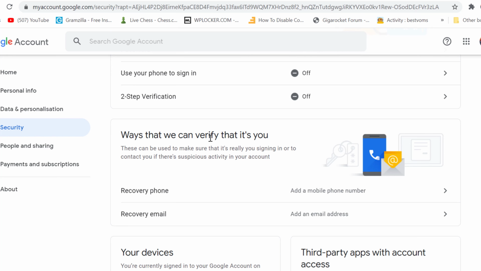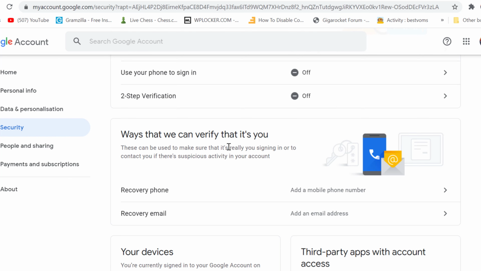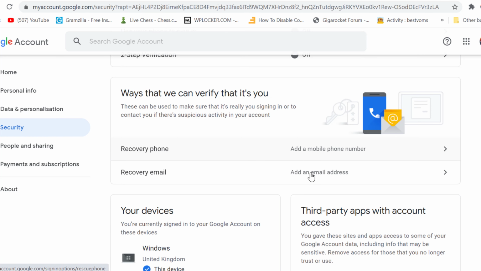Ways that we can verify that it's you. This can be used to make sure that it's really you signing in, or to contact you if there is unusual activity in your account. So you can add a mobile number, and also you can add a recovery email.